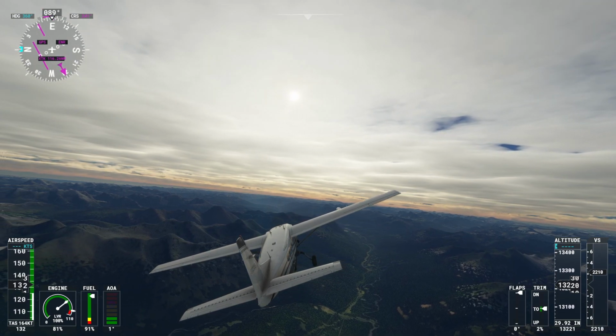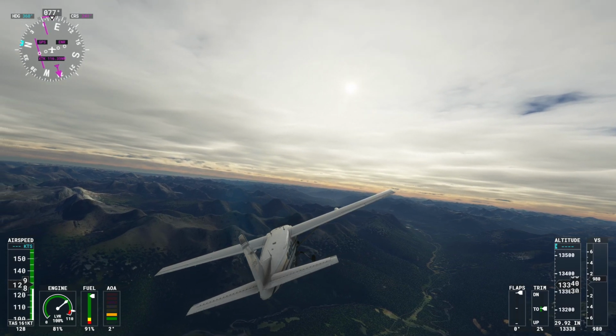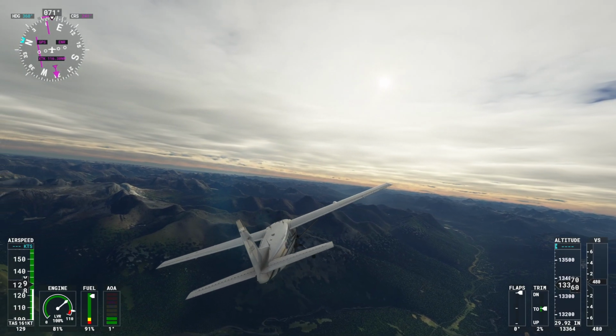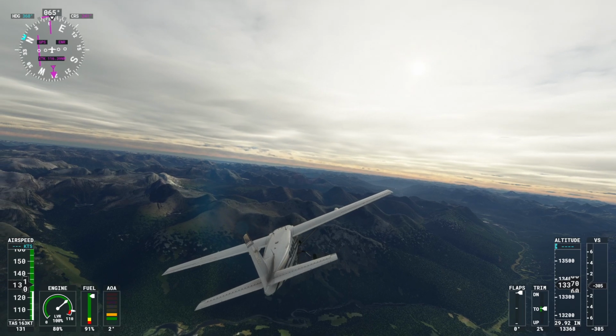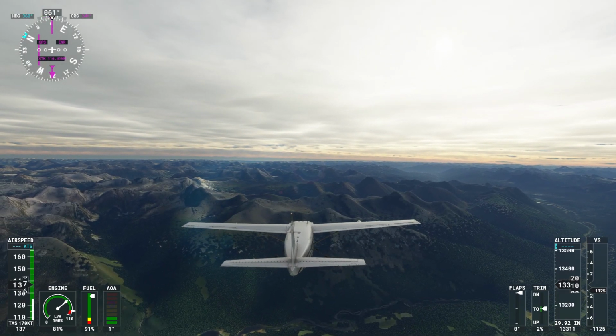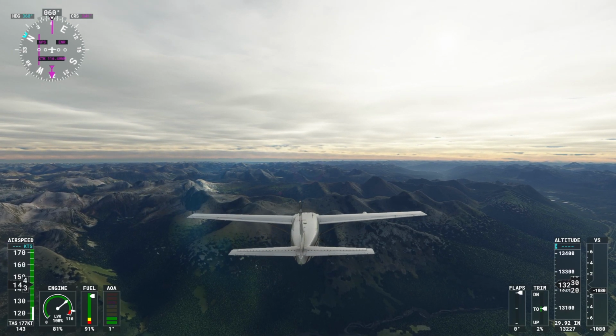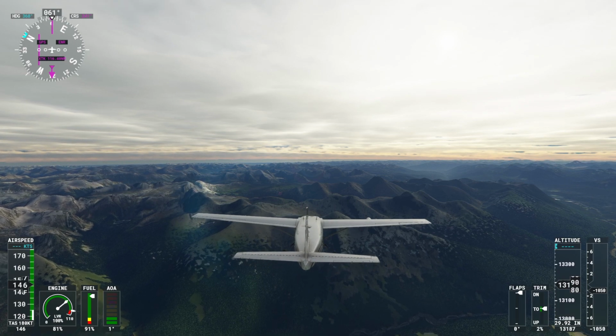I don't know why we're suddenly climbing so much. The slightest touch of the controls in this plane and boom, we're in the stratosphere. Alright, 64, that's this way. Let's go. Monarch Mountain. From Moose Lake, turn to the east-northeast. Be careful with the speed.